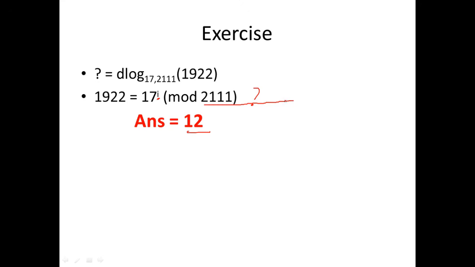You can try 17^0 to 17^12 and you'll be able to achieve an answer. That's what I'm telling you. When these numbers are very large and trying a brute force itself is going to take a lot of time here. So you can think of a number of 2048 bits in size, how much large it is. So these algorithms actually work for large numbers. Please keep this in mind. If you take all these small numbers, then this is very insecure, right? Easily an attacker can go with brute force attack and decode what you're sending.